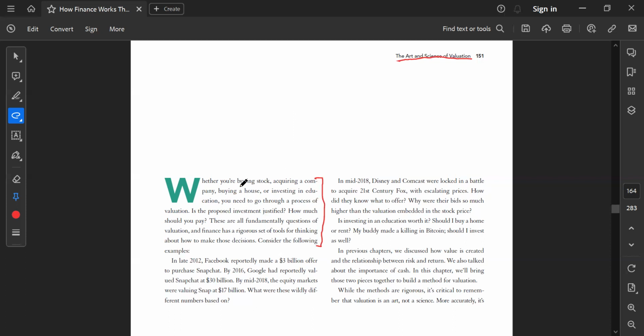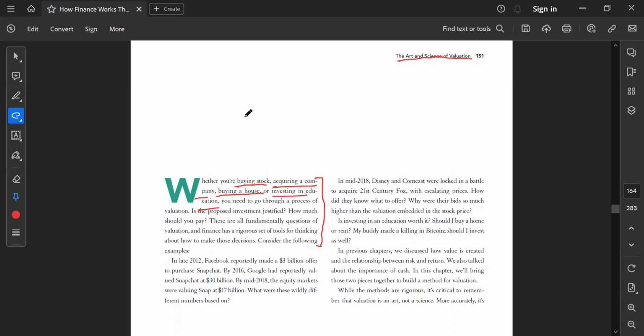For example, when we are buying a stock, when we are acquiring a company, while buying a house, investing in education, we need to ascertain the future outcome or the future value of the particular thing on which we are going to invest. Otherwise, we cannot correctly